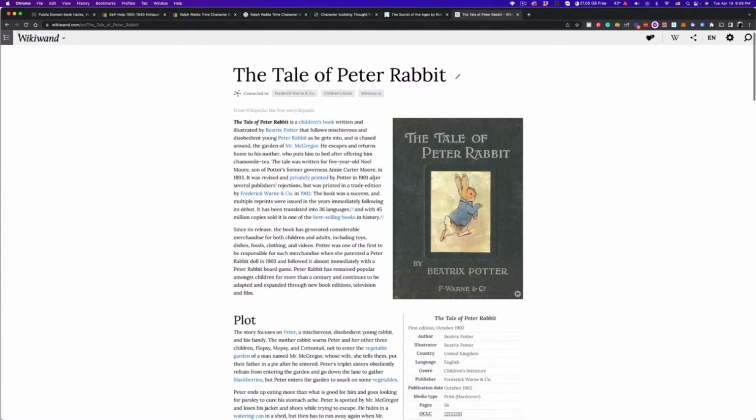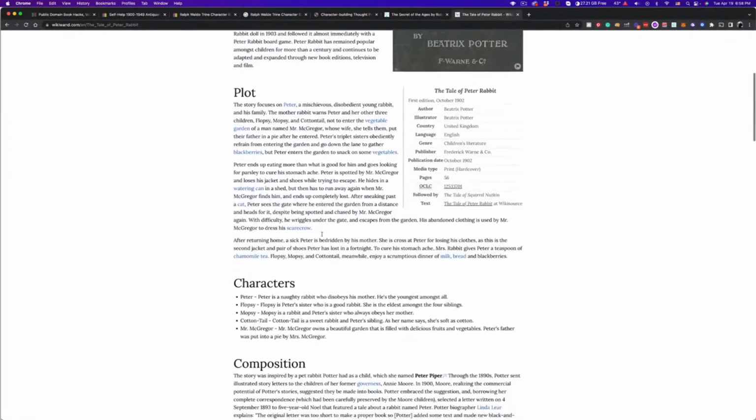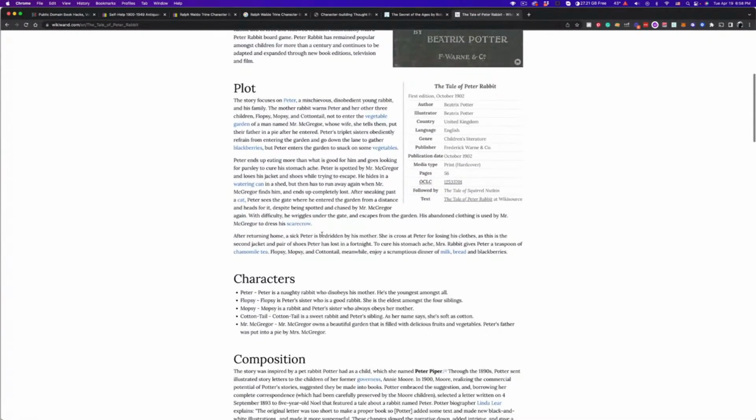1901 privately printed, 1902 trade printed. So as long as you have an edition that was printed before 1927, you're good.